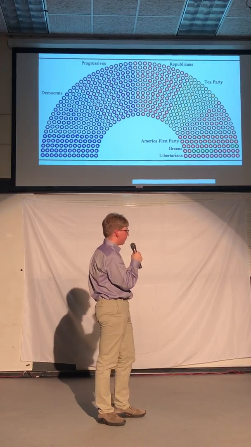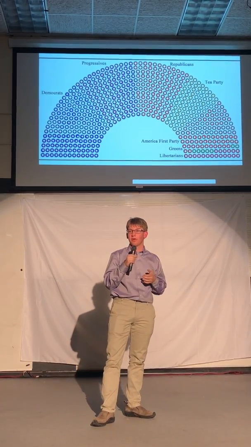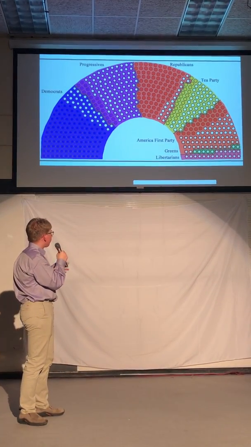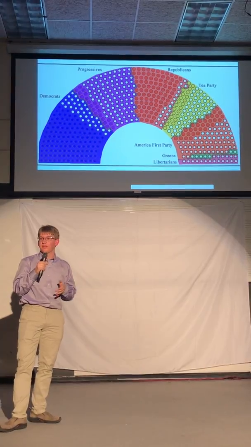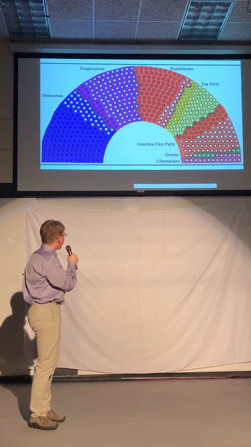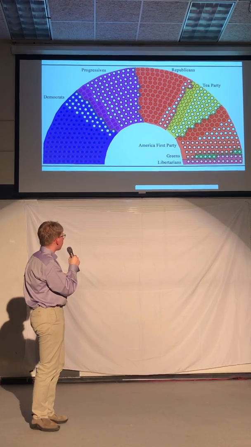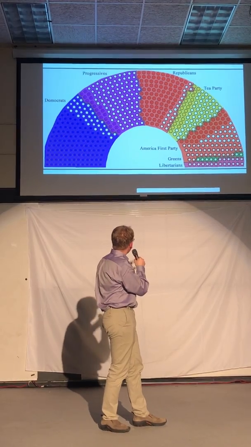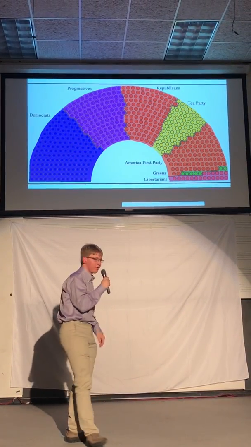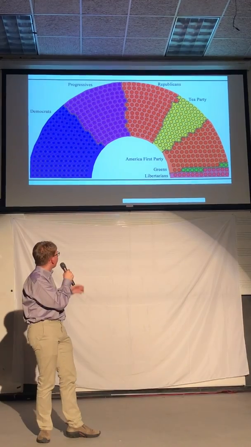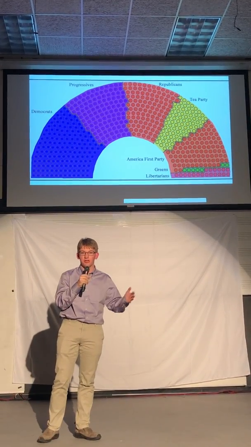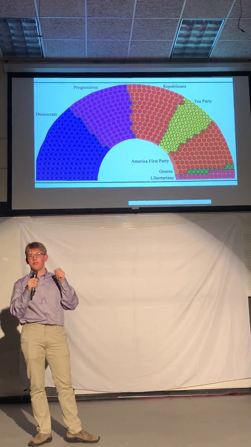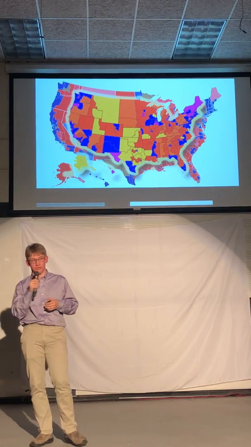There are also a few wild cards, with the Greens and Libertarians garnering enough of the party vote to gain 7 and 19 seats respectively. These seats are first filled with representatives elected in district races that happened previously across the country. Then the other 294 are filled according to the party vote, ensuring proportionality and equal say. Here are the final results. Assuming the Democrats, Progressives, and Greens, and the Republicans, Tea Party, and America First form coalitions, neither will have a majority. This makes the Libertarians the kingmakers, putting them in a position to negotiate a government with whomever compromises.